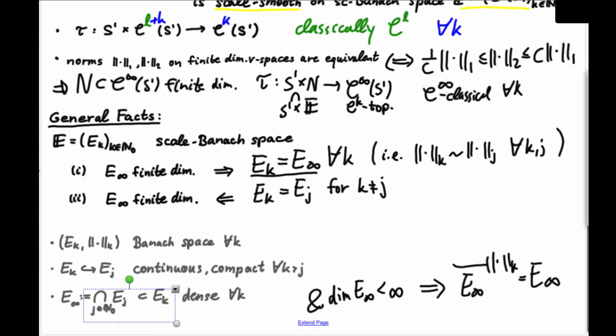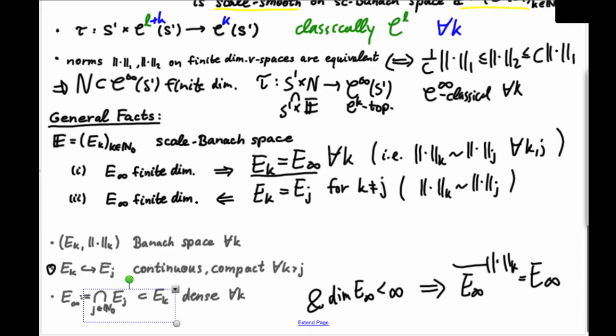So that means, again, in terms of norms, you want two norms that are equivalent. But on the same scale, this is nonsensical. That can only happen if E infinity is finite dimensional. And that has something to do with the second